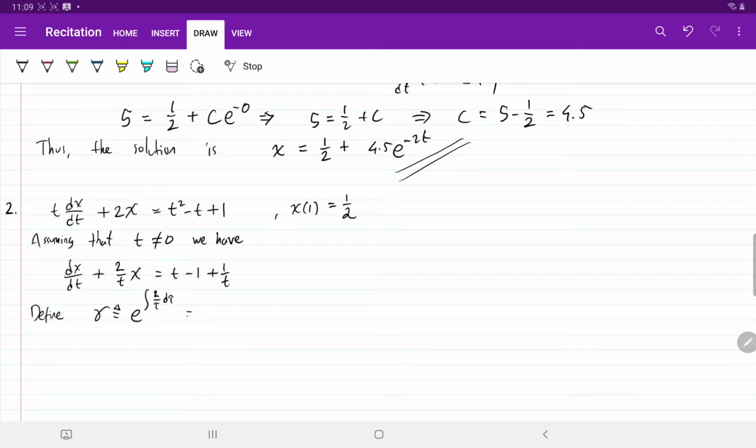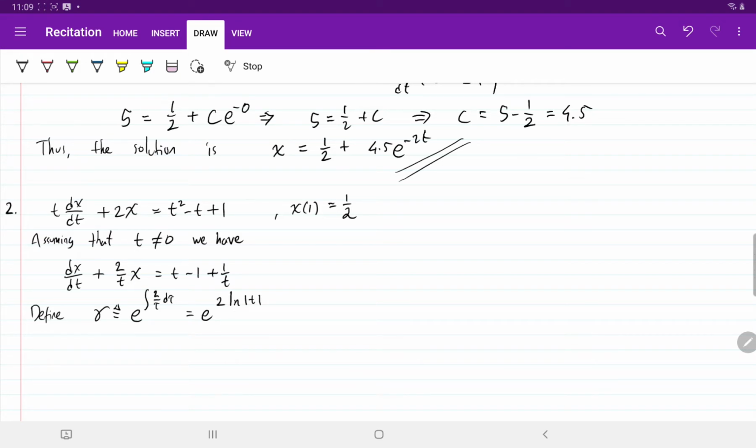Okay, so this is equivalent to e to the, so integral of 2 over tau is nothing but 2 log t, right? So this is a natural